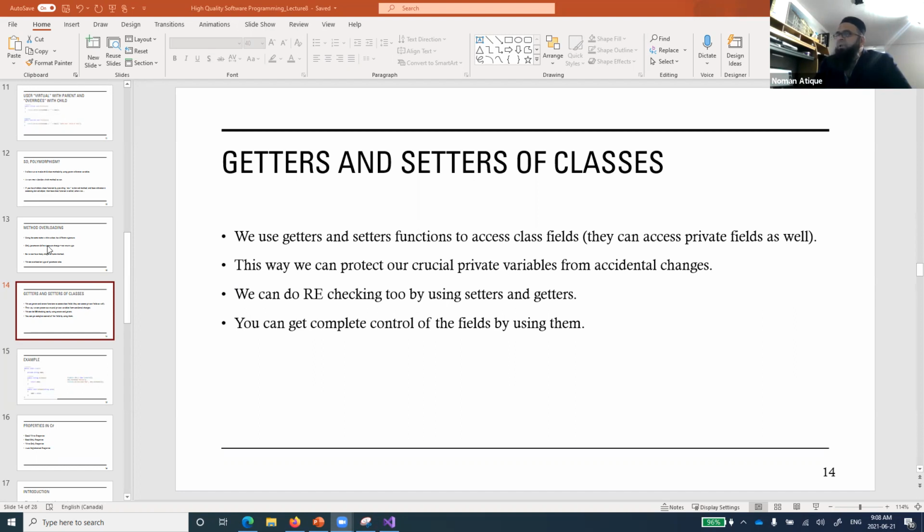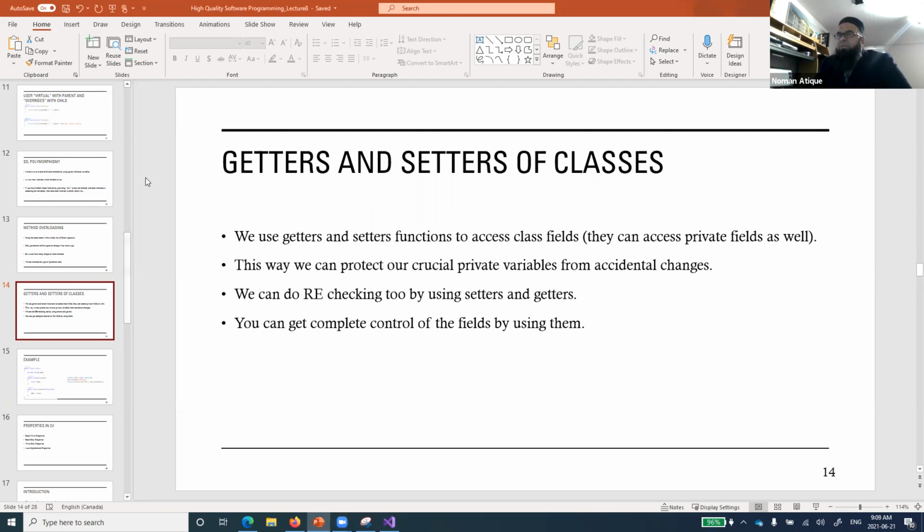In today's example also, one of the classes had private fields. So we use getter and setter functions to access those class fields. We never leave our class fields open for the world to access.